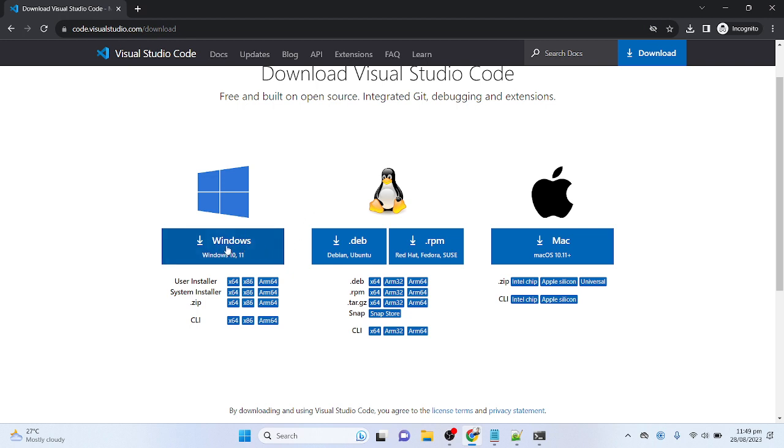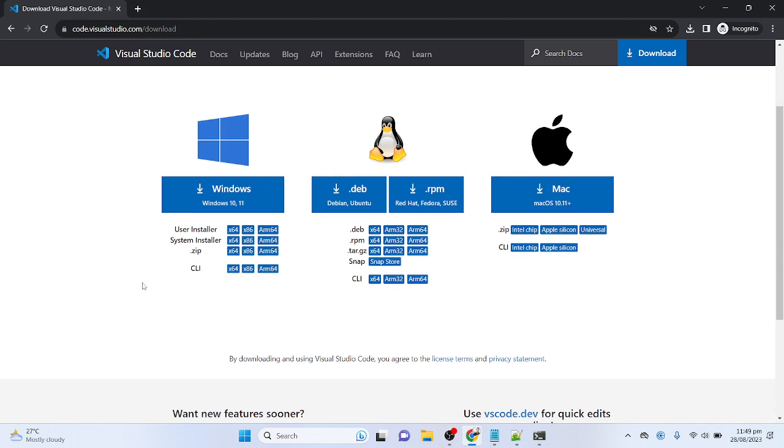Now just click on this option. Once you click, then a file will be downloaded. When the file is downloaded, then just run as administrator. You can directly run, and then there are very simple steps to install. As I have already installed, I think there is no need to re-download and install again on my machine,